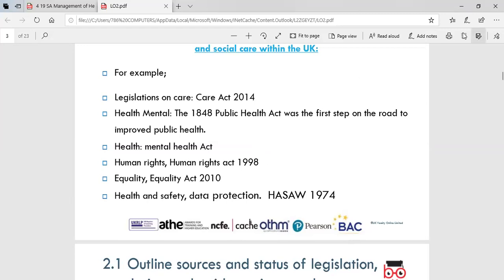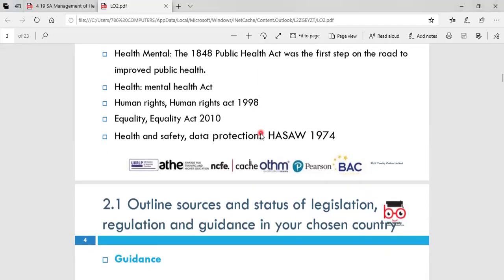Please remember when you're mentioning these legislations and these acts, also mention the years. There have been several changes in the legislations, so we want the most updated one from you. You have these in your reading material that we've shared with you and also in the presentations.